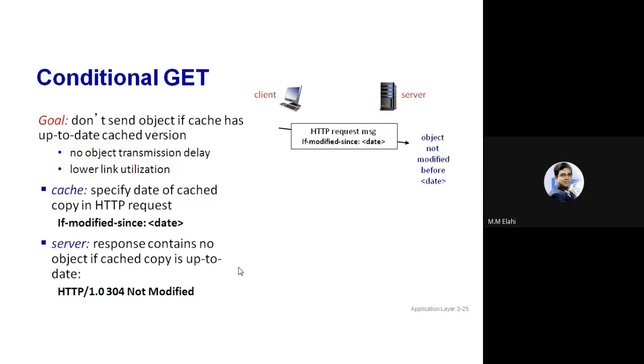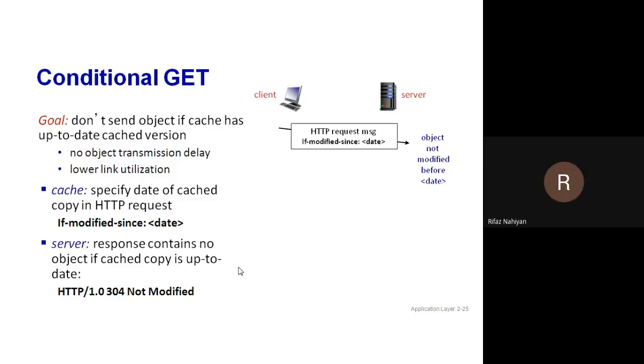If-Modified-Since: if you see this in any request message, that means the client has a corresponding copy in its cache memory. Definitely, otherwise the client will never send If-Modified-Since. This is saying to the server, I have a version of the file, but please see, this is the last modification date. So if you have the updated file, send me the file. Otherwise, don't send me the file. You got the logic?